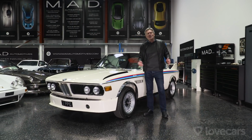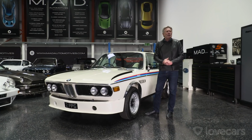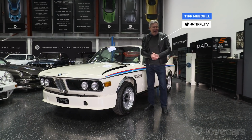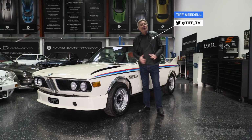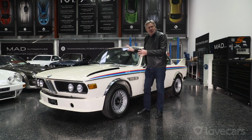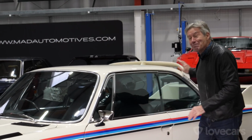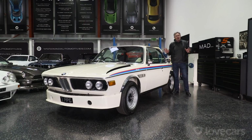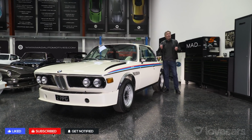One of just 1,265 3-litre CSLs. Built as a requirement to make 1,000 lightweight versions of their 3-litre CSi to make it qualify for the new Group 2 regulations so it could race in the European Touring Car Championship. To lighten the car, they had a thinner steel body, aluminium alloy bonnet, doors and boot lid, plus perspex side windows, all adding up to reduce the weight of the car by 210 kilograms and take it down to a very light